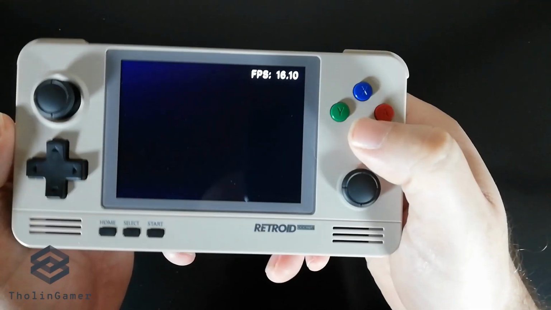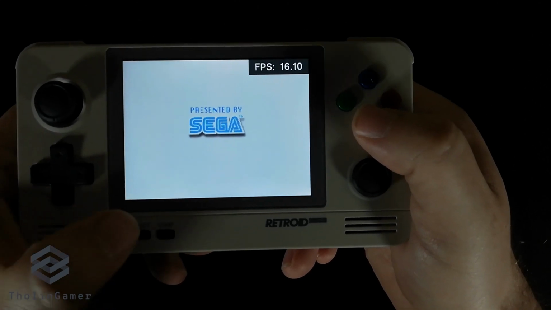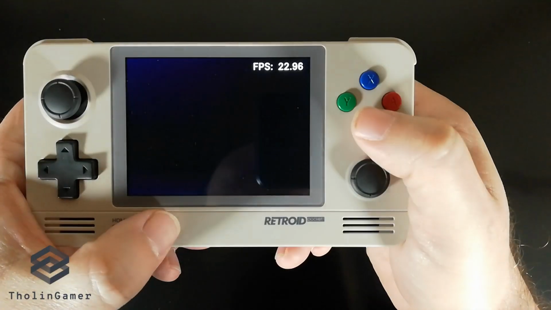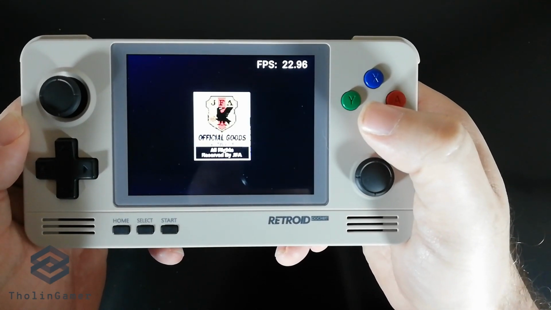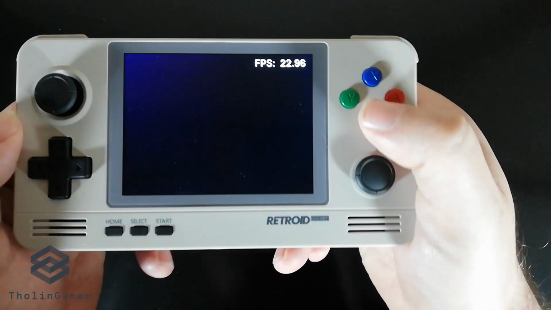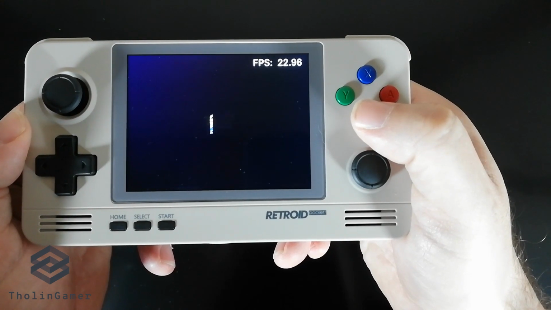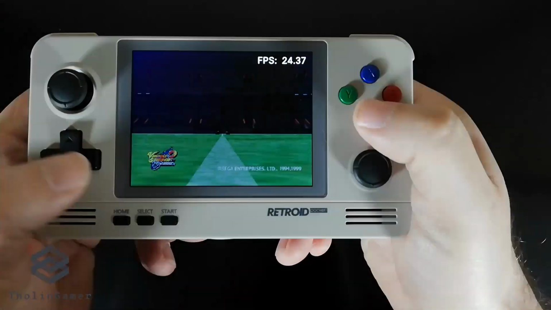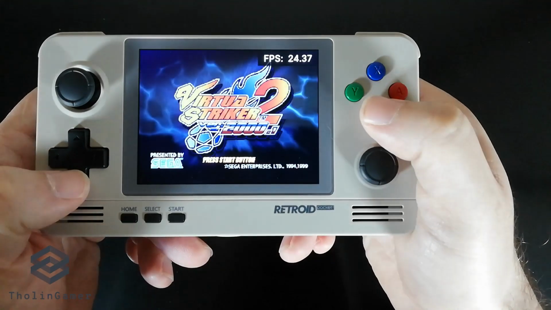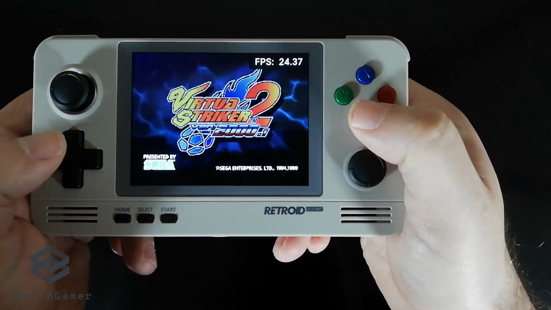The frames per second here are more or less close to 16 to 20, but in-game you will not notice any problems. It has a bit of texture issues, as you can see in the loading screen here. So when it loads, it has a bit of flickering, but other than that, in-game you can go and select your team.